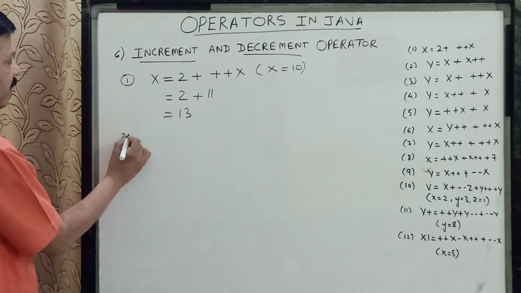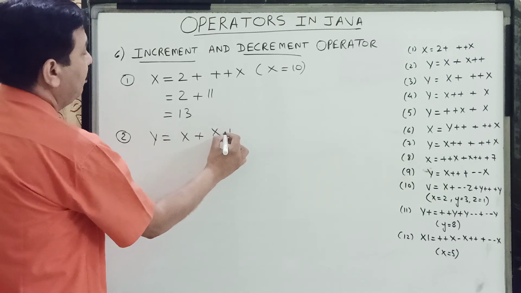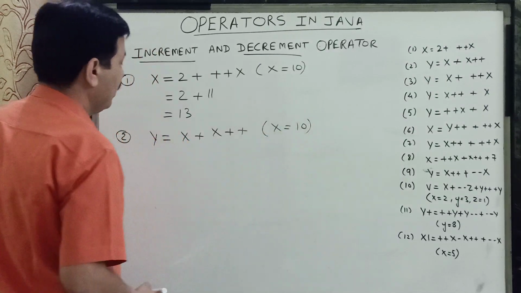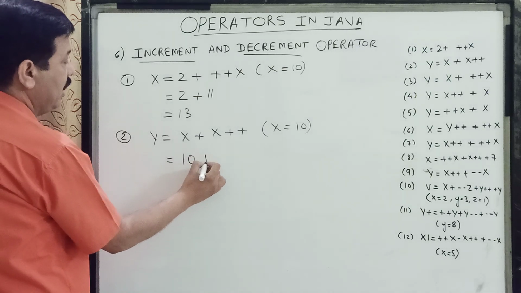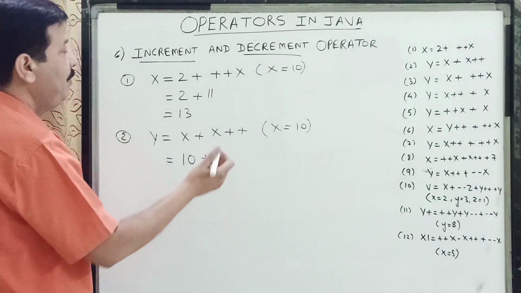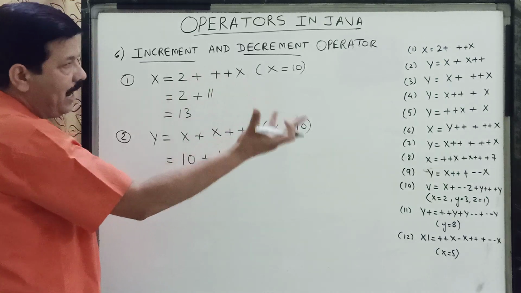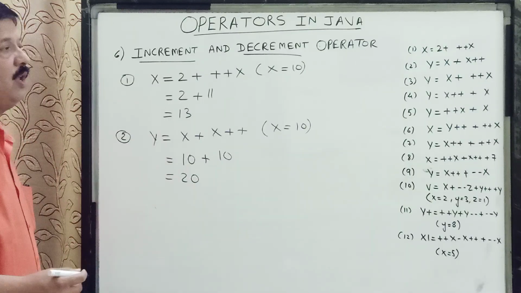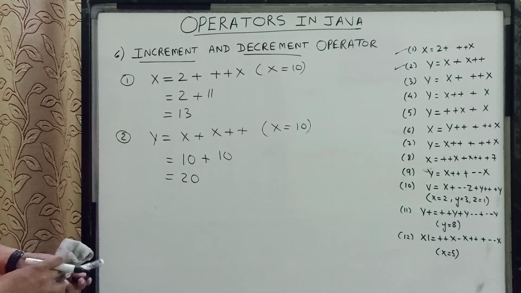Say if I take the second example from there, which is y is equal to x++ plus x. And children, again I take the value of x as 10. If I solve this expression, it will become 10 plus. Now since this operator is written after, that is post, it will be used first and then its value will be changed. So 10 will be used and after that its value will be changed to 11. So the answer to it will be 20. So this is the answer to this one. We have done these. Now children, we come to the third one.